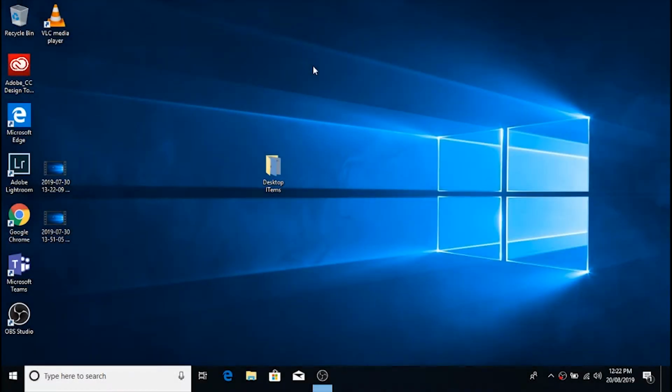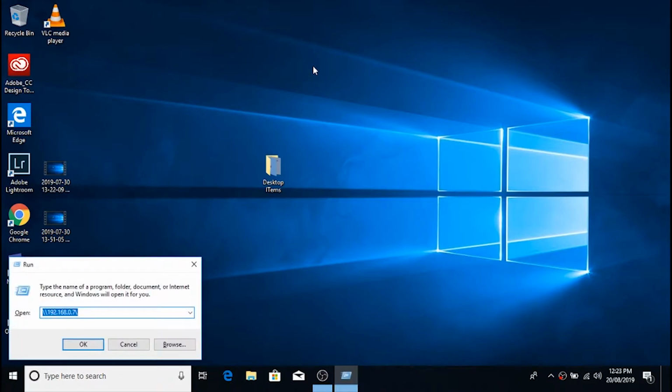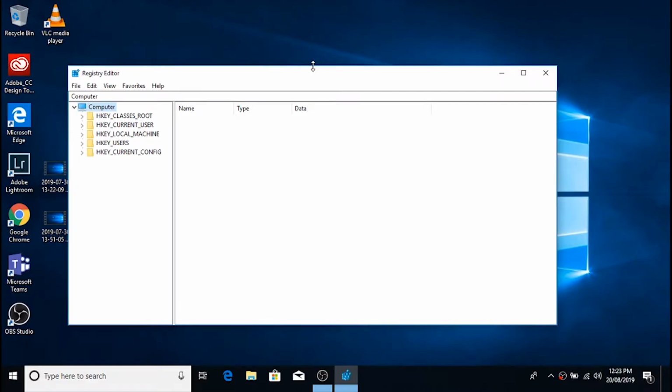So the method to do this is hold the Windows key and press R to bring up the run box. Type Regedit, select yes if it prompts you, and then we're going to navigate to HKEY_LOCAL_MACHINE,